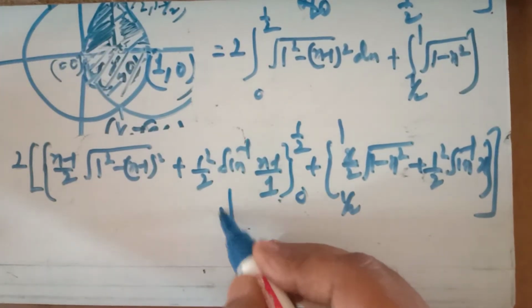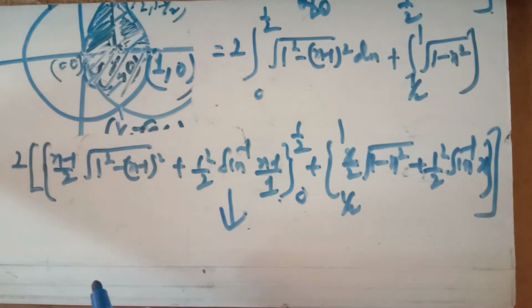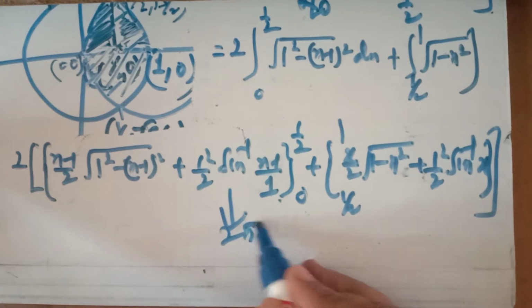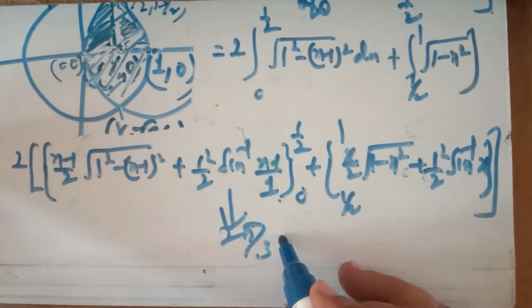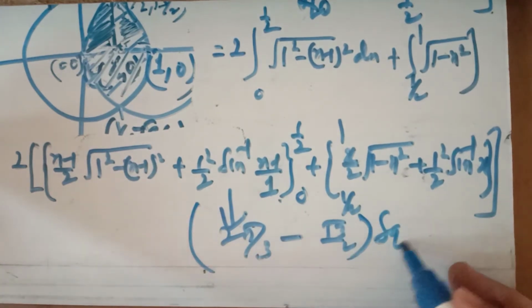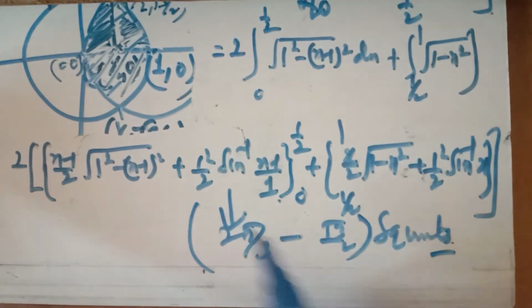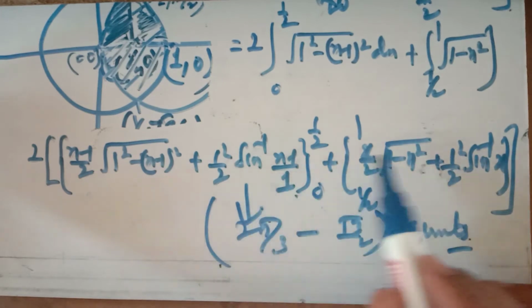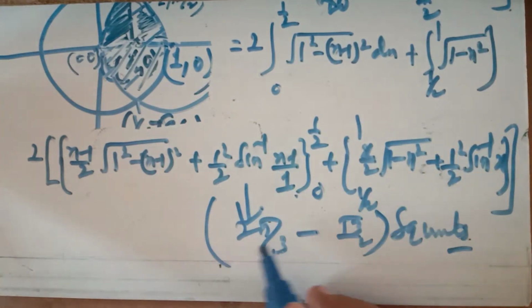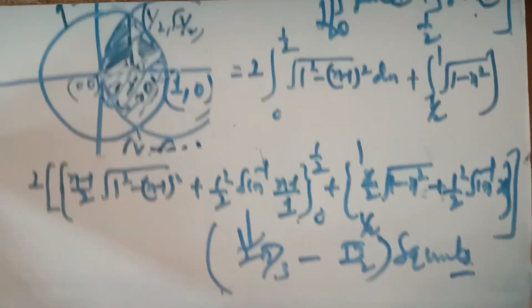So somewhat lengthy integration it is, and replacing the upper limit minus lower limit, you will come to an area bounded by these two curves as 2 pi by 3 minus root 3 by 2 square units. Simplified, upper limit minus lower limit. You take your own space to simplify and get this area as 2 pi by 3 minus root 3 by 2, which is question number 2.